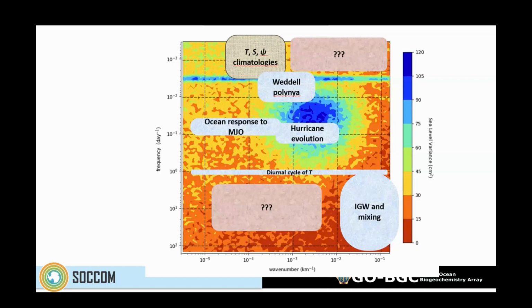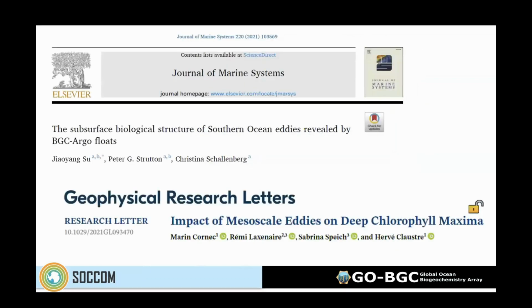And the thing that really got me was, I hadn't been aware of this, a beautiful paper by Sarah Gille at Scripps, deducing the diurnal cycle of temperature from floats that go up and down every 10 days. How the hell do you do that, right? And I thought, gee, if you can do that with temperature, you should be able to do that with oxygen too. And lo and behold,